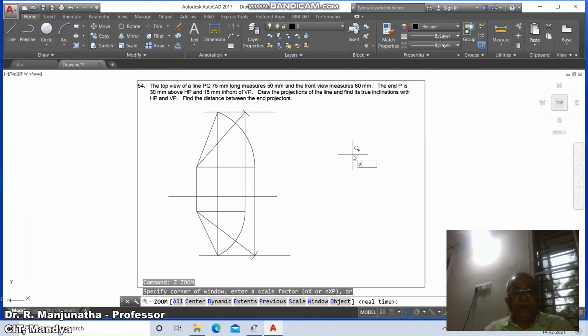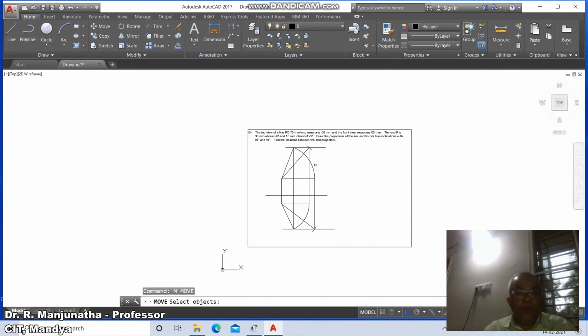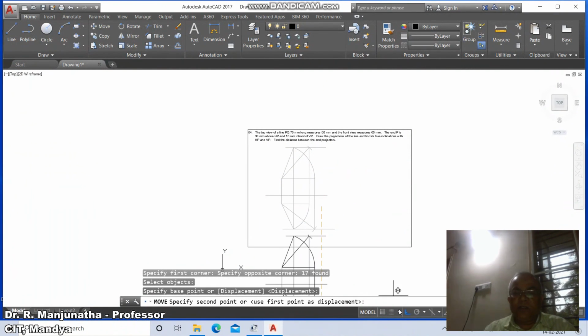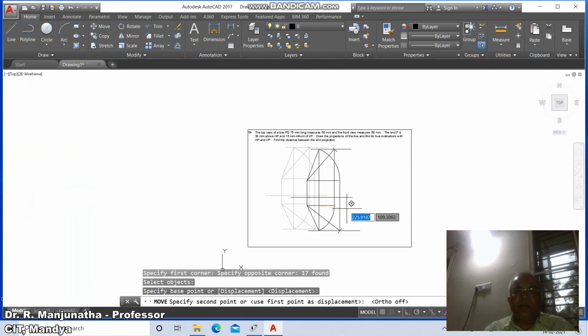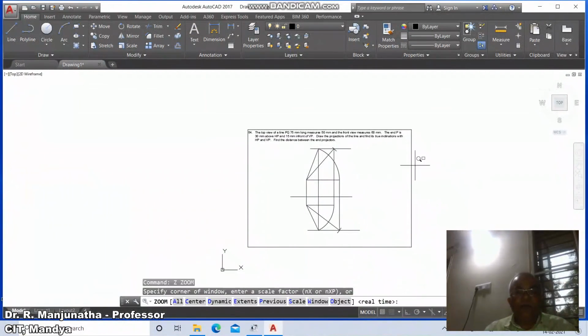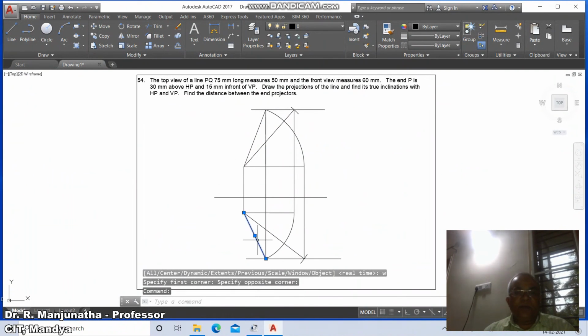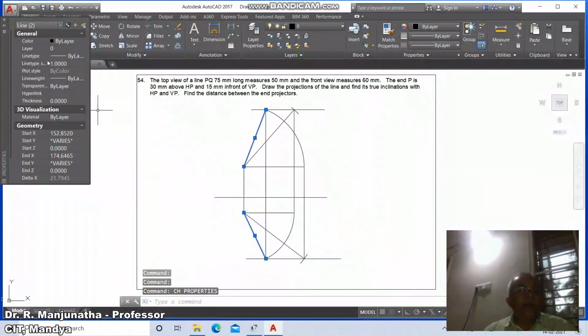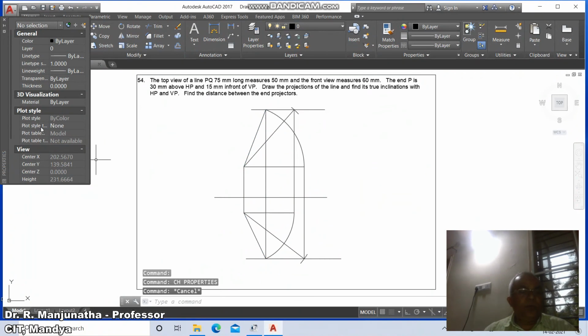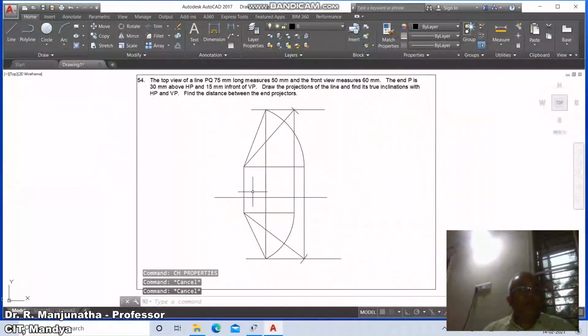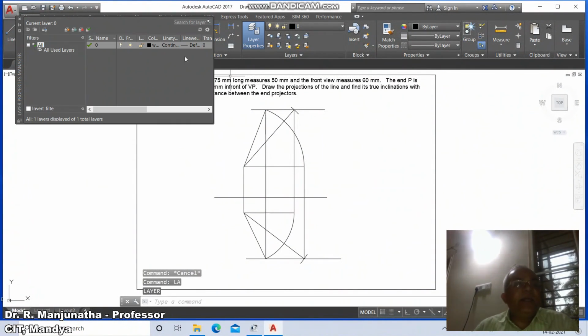Then go to zoom previous, then go to move, select this entire drawing and move it here and place it at the center. Then go to zoom. Now we go for the line weight. So click on these two and go to change, go to layer and make this layer as, so go to layer. So clear the layers now.